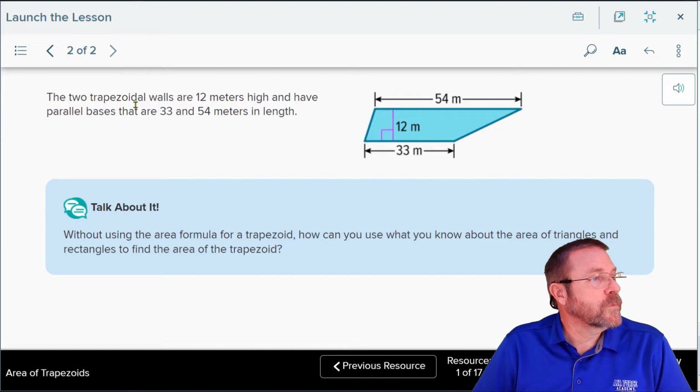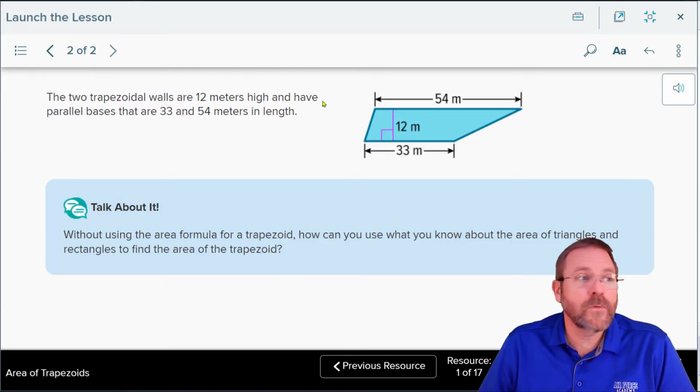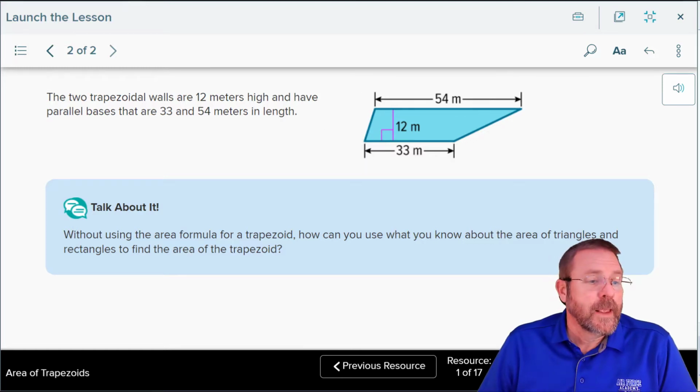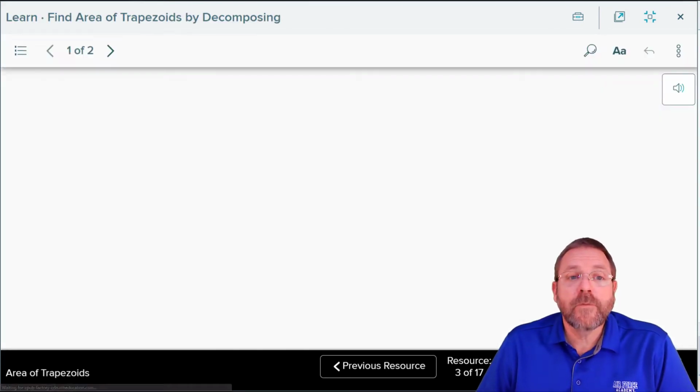The two trapezoidal walls are going to be 12 meters high and have parallel bases that are 33 and 54 meters. Without using the area formula for a trapezoid, how can you use what you know about the area of triangles and rectangles to find the area of that trapezoid? Well, you'd have to cut that sucker up into some pieces to do it. It sure would be nice if we had something easier, like, I don't know, maybe a formula for the area